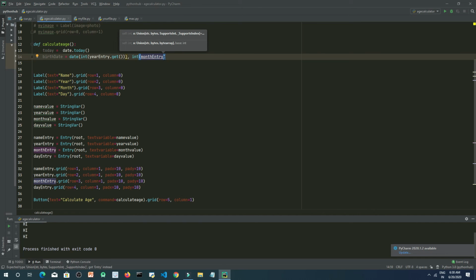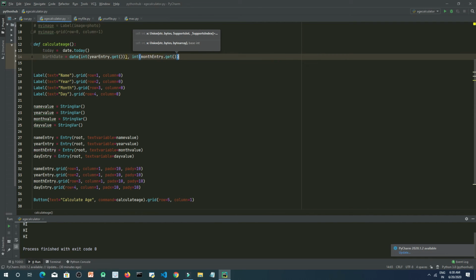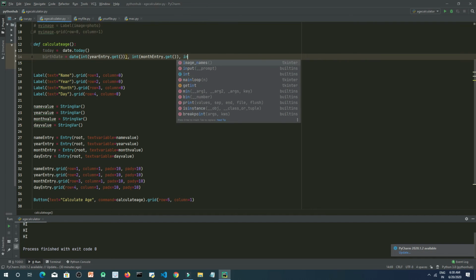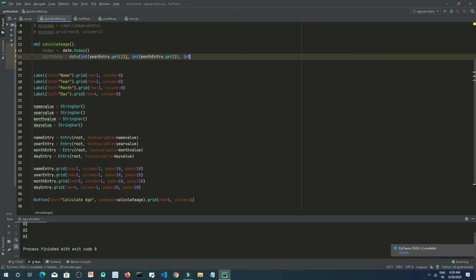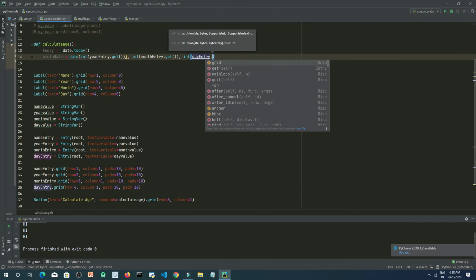Now again, we will take this using the get method. You may have understood now that we need to take the day entry using the dot get method.